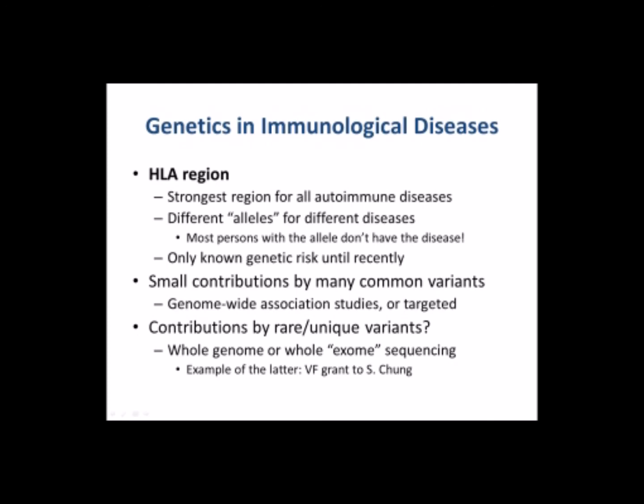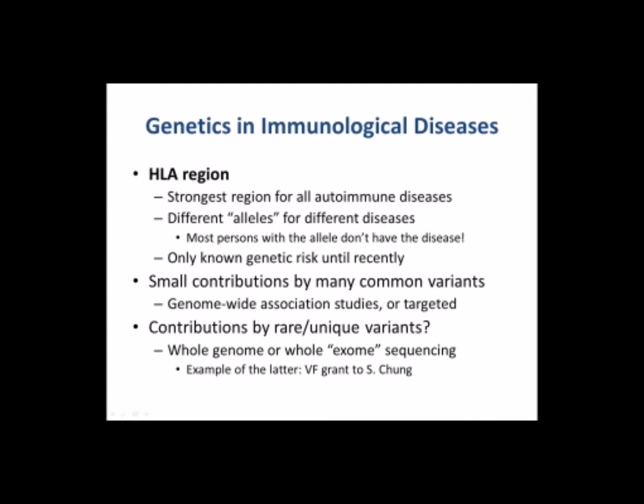The reason is that they're associated with risk of infection. It's thought that diversity helps the population cope with an epidemic infection. So different versions of the different HLA proteins are made by different people somewhat at random, and they are often highly associated with different immunological diseases. But because they're all fairly common, and we're talking about rare diseases, the great majority of people who have the risk allele, whether it's for rheumatoid arthritis or GPA or EGPA, Churg-Strauss, don't actually have the disease. It's just a relative risk.